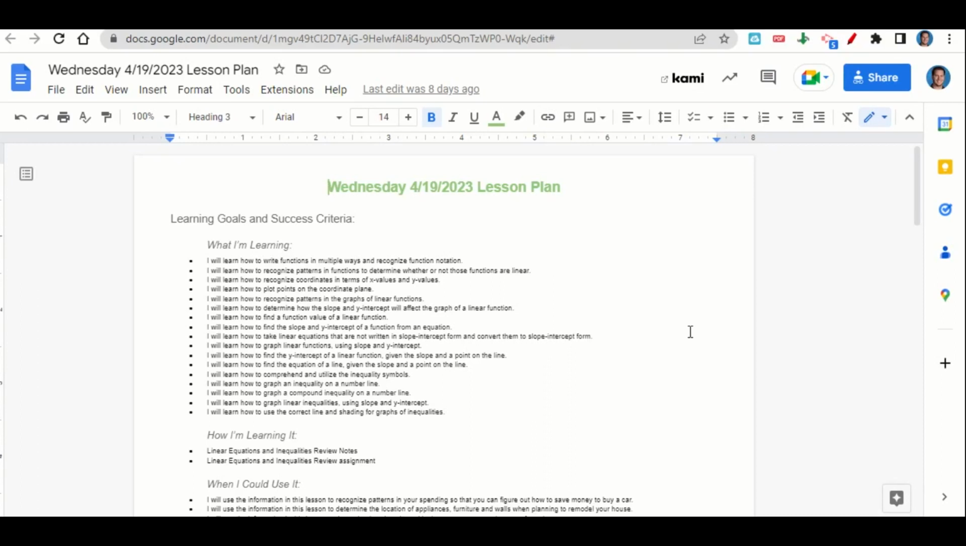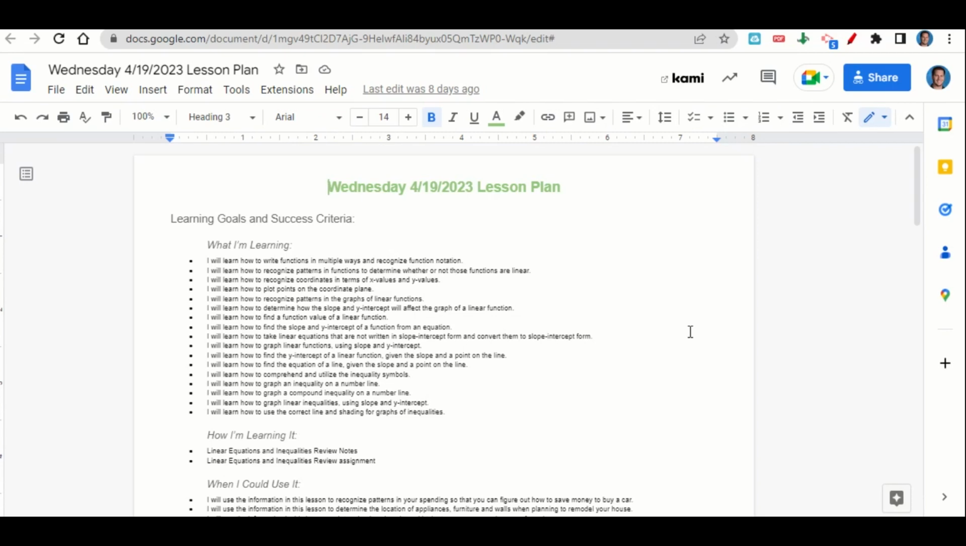We're learning how to write functions in multiple ways and recognize function notation, how to recognize patterns in functions to determine whether or not those functions are linear, to recognize coordinates in terms of x values and y values, to plot points on the coordinate plane, to recognize patterns in the graphs of linear functions, to determine how the slope and y-intercept will affect the graph of a linear function, to find a function value of a linear function,